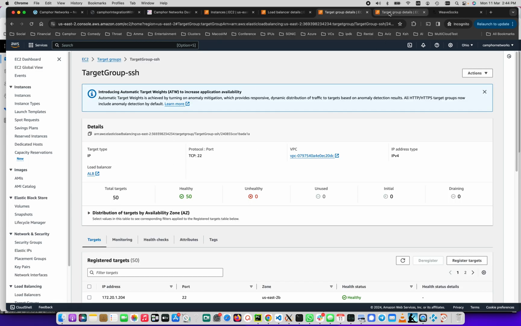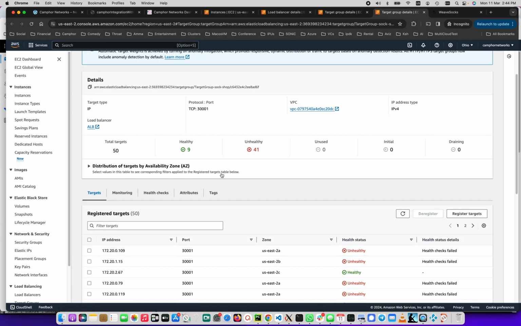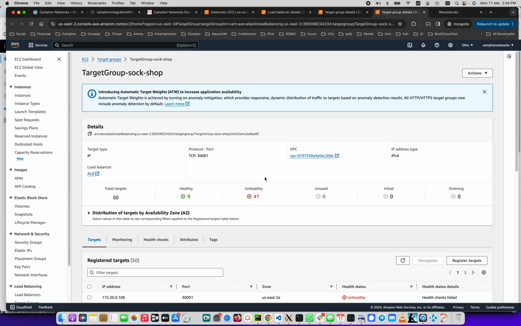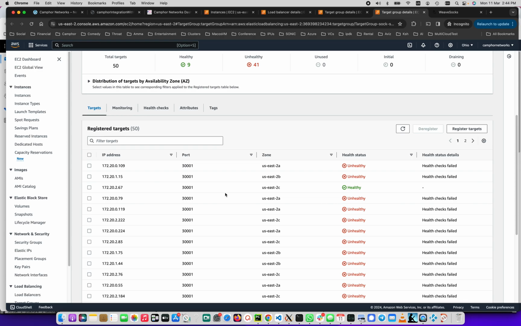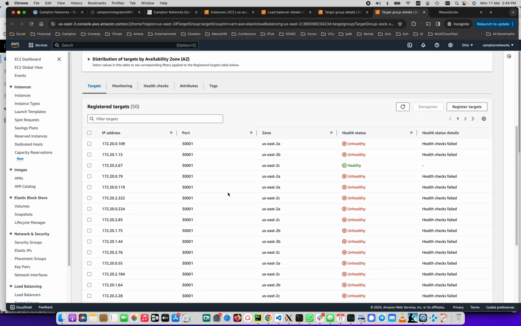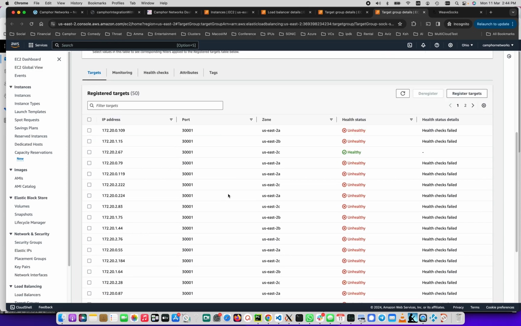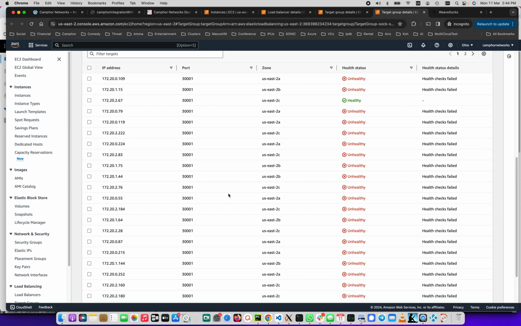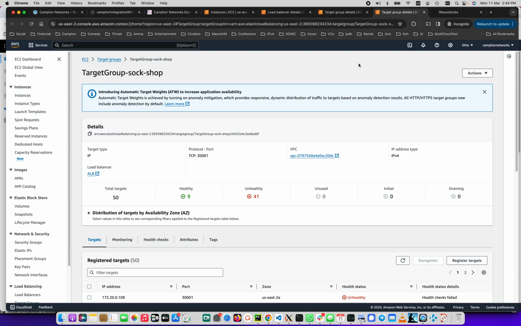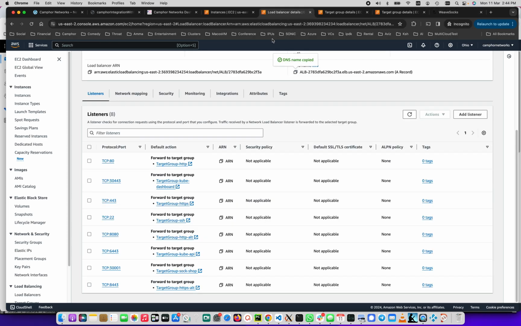Okay. Similarly, there's another application port 3001, where there's only 9 healthy compute. This is because I think the bug in the Kubernetes itself. For some reason, it's not able to scale. There's some underlying CNI issue outside Camphor actually, but at least you can see how well the whole mapping happens. So I have 9 healthy nodes. Because I do have 9 healthy nodes, now I can access this load balancer URL